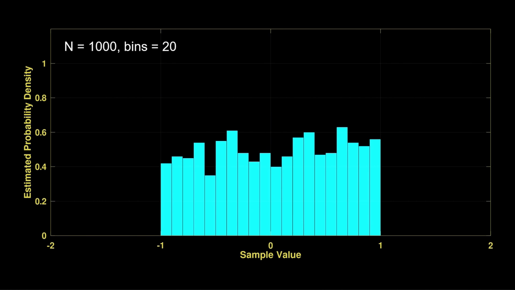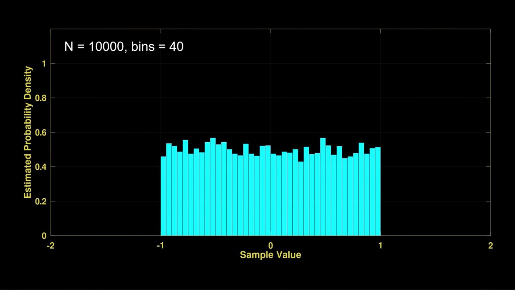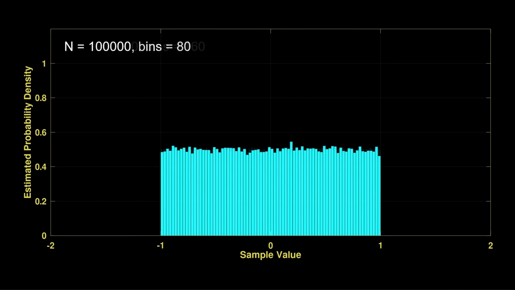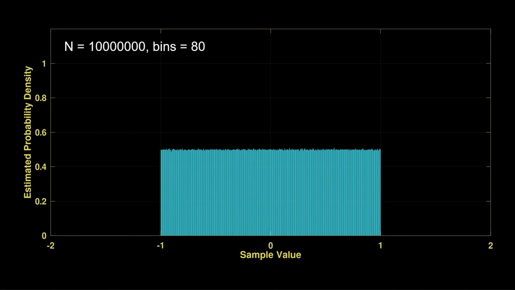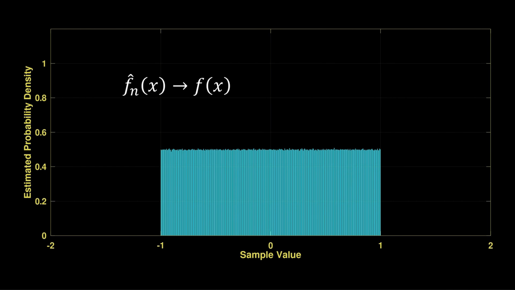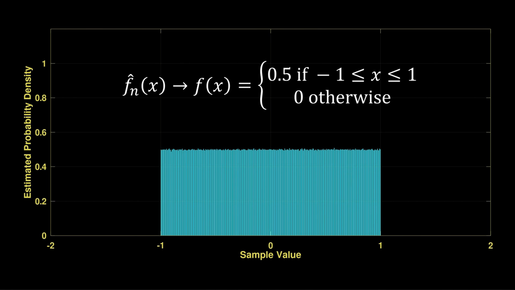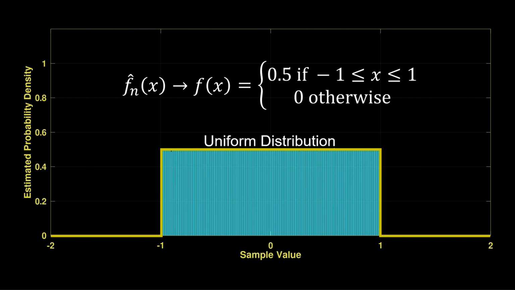500 samples, 1,000, 10,000, 100,000, 1,000,000, 10 million, until ultimately we observe this PDF approaching a uniform, constant probability density of 0.5 over the sample space -1 to 1. We call this a uniform distribution, and it governs some natural processes like rolling dice or mixed balls being